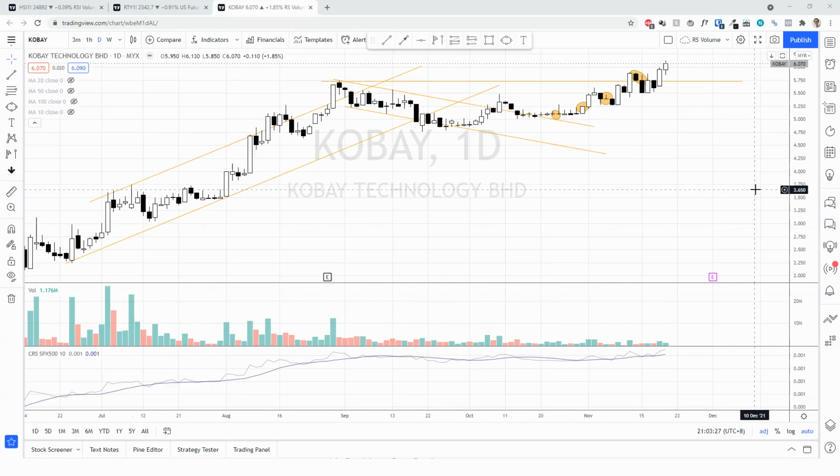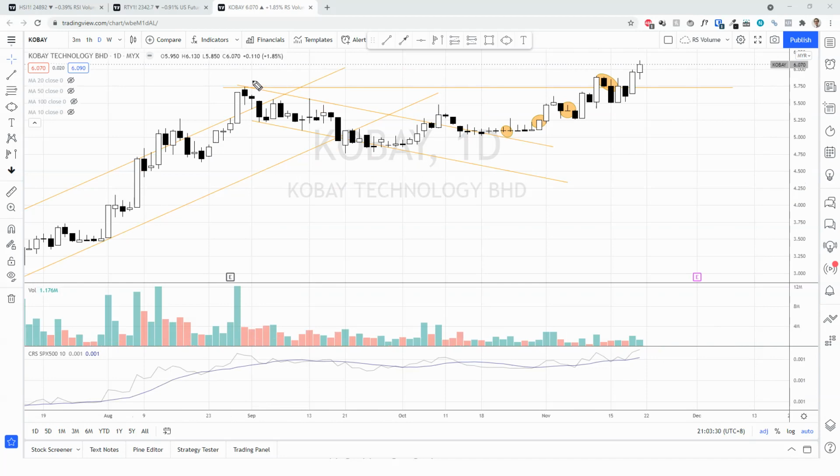Right after it tested the all-time high, so this is the all-time high level, we see this breakout bar with an increase in volume. But look at the next reaction. It's very healthy, a very shallow type of reaction. And look at this, very low supply. So I think this is a very healthy stock, and the supply is in strong hands. That's why we don't really need to see this kind of big volume to push the price up, because they're still holding the supply.